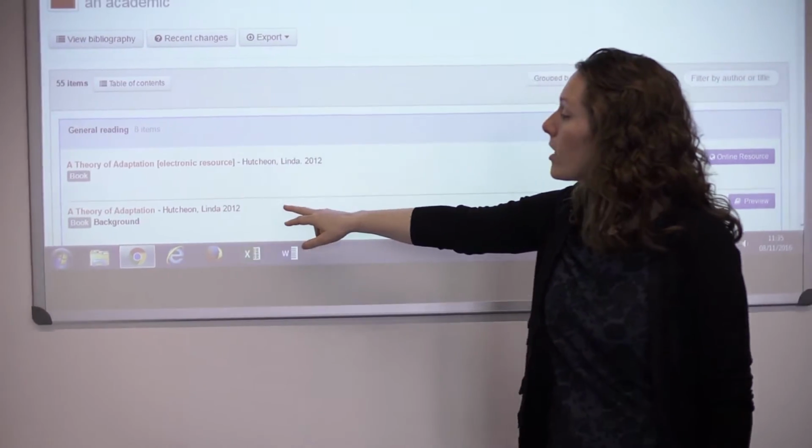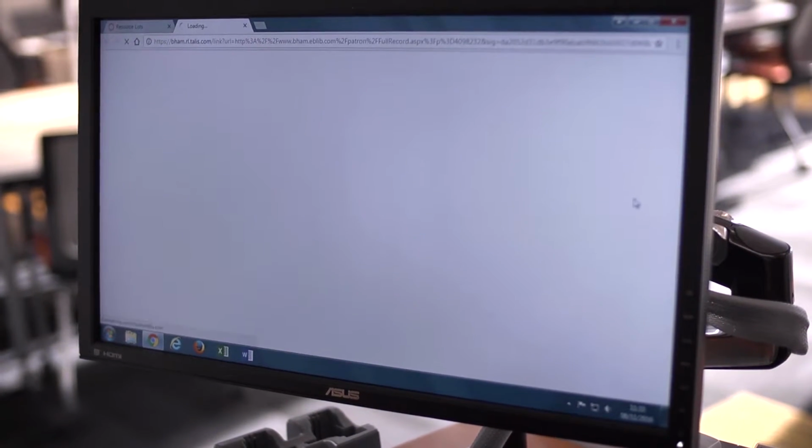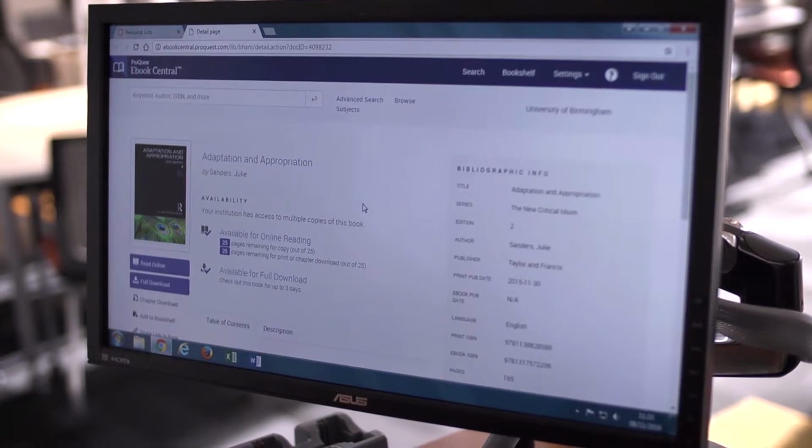At the Shakespeare Institute we actually do a lot of distance learning teaching. We have students who are on site in Stratford, but then we have students spread all around the world. So we're constantly referring them to our e-library, and the resource list is really useful in that we can link those two things straight together, and also we can make sure that when we're able, we're digitizing as many